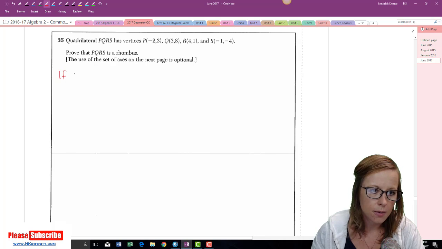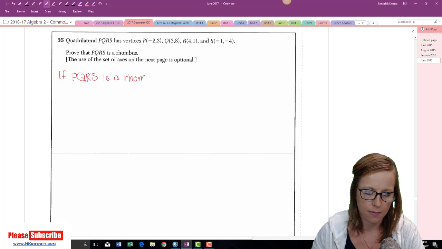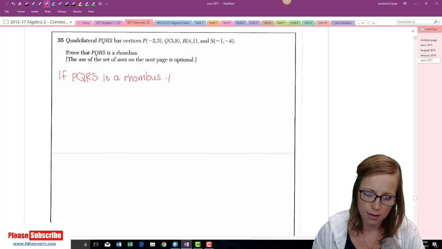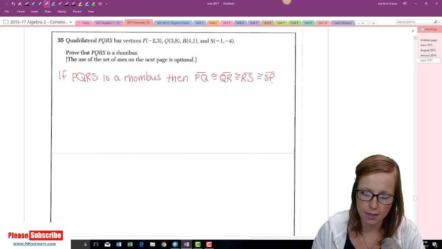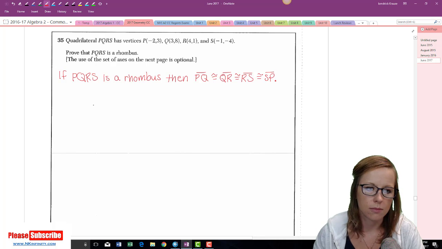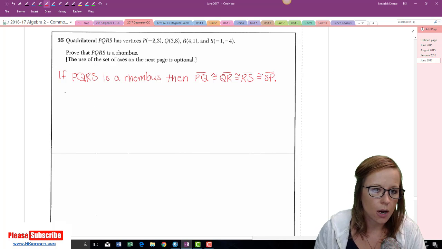If PQRS is a rhombus, then PQ is congruent to QR, is congruent to RS, is congruent to SP, right? 4 congruent sides, period. It's a property of a rhombus. So I'm going to do